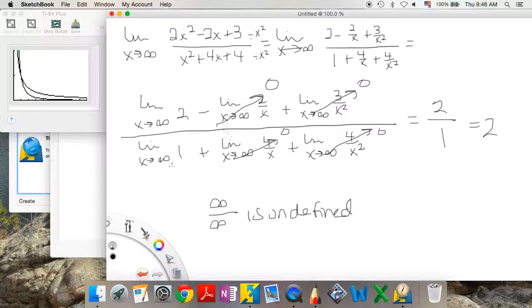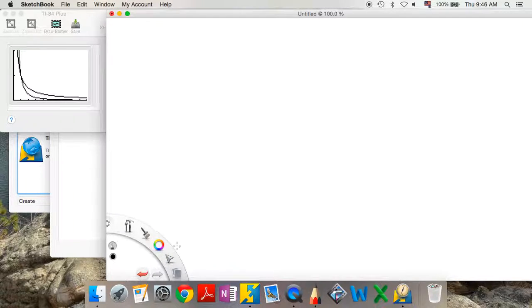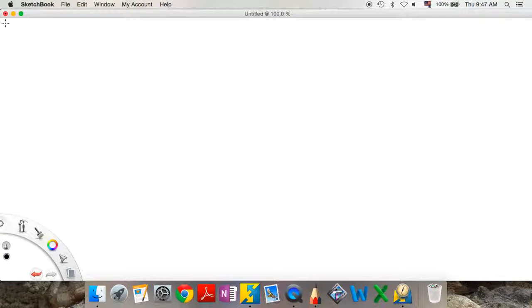Now, there's some rules that you need to learn. You need to make sure you have down that will help you with these rational equations. So if we have a rational equation, and it's made up by a polynomial on the top and a polynomial on the bottom,